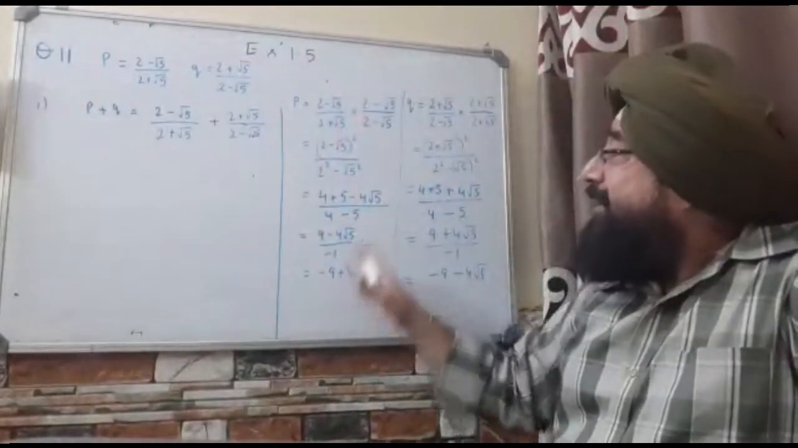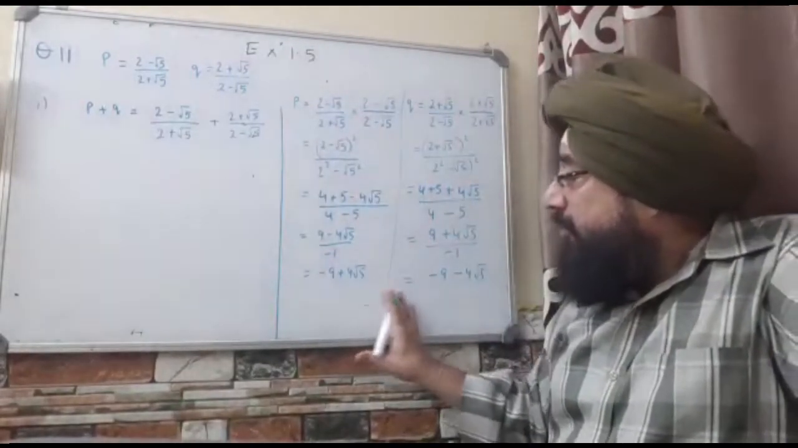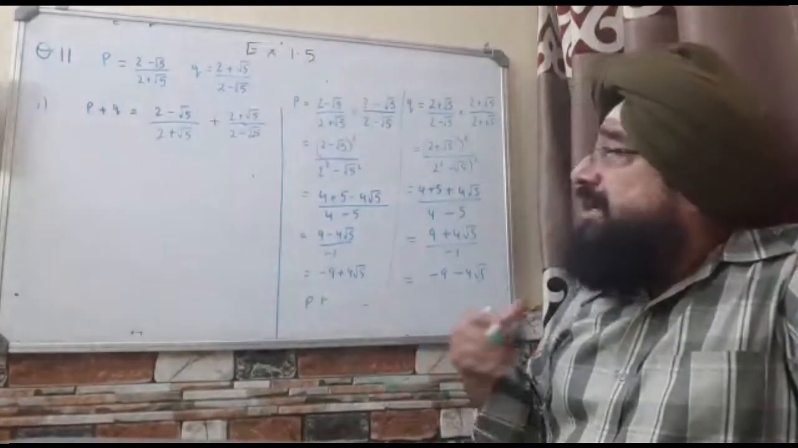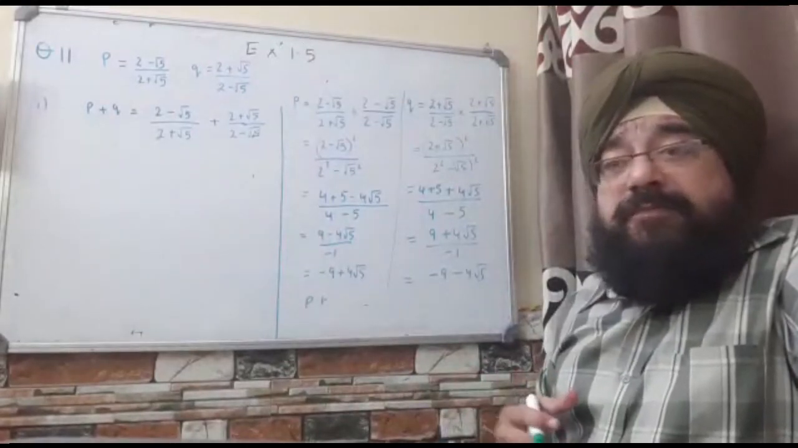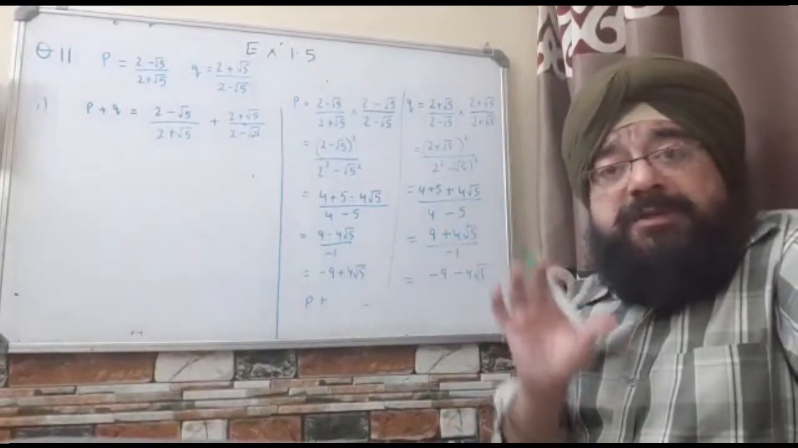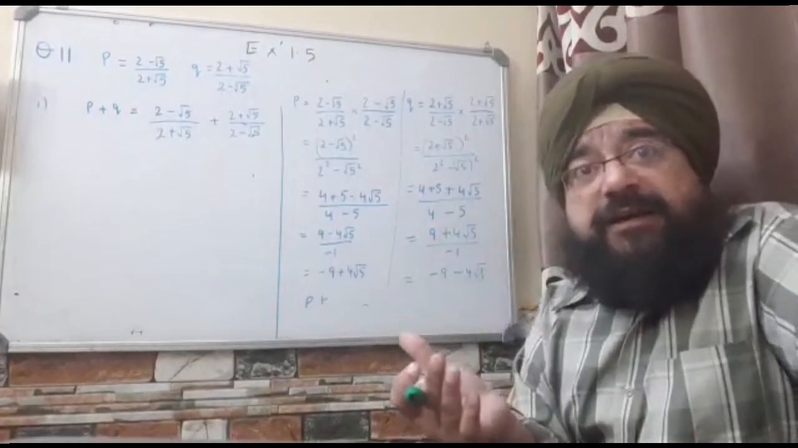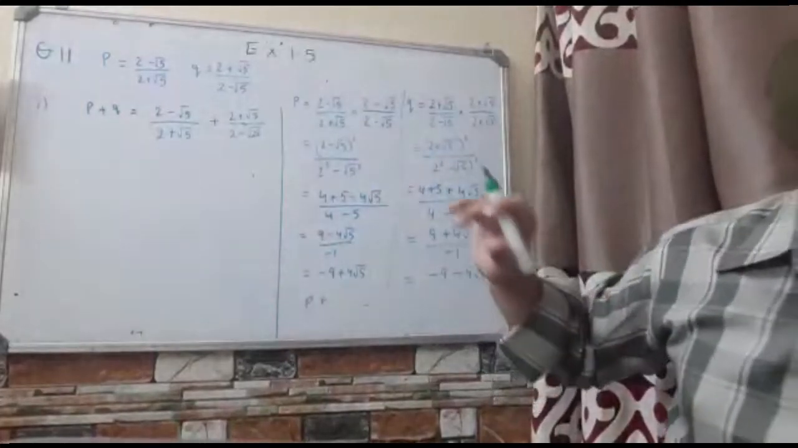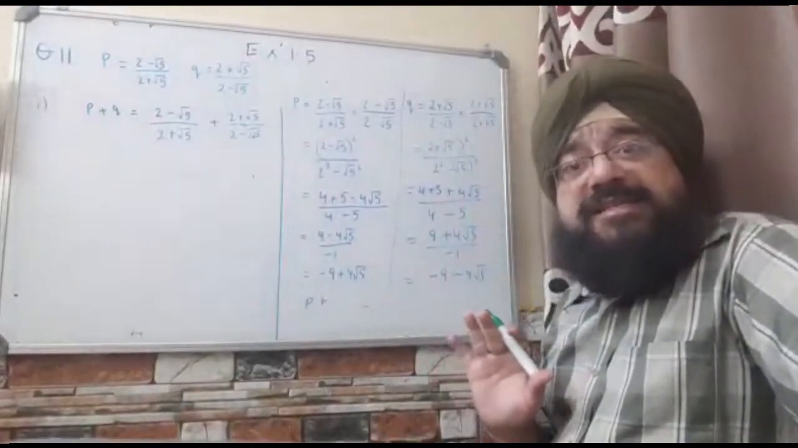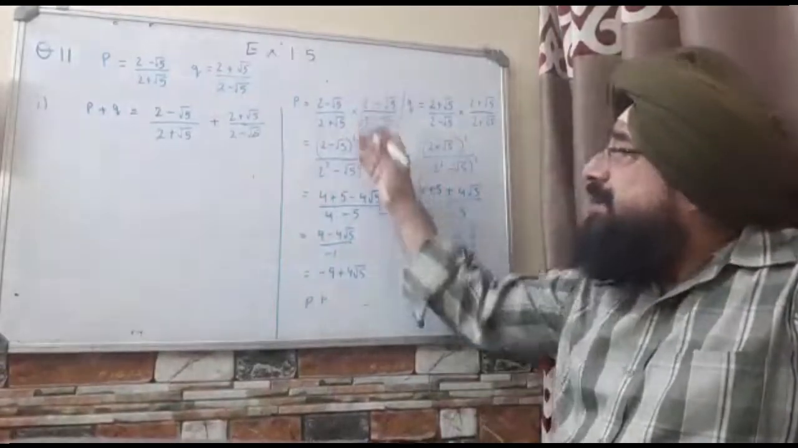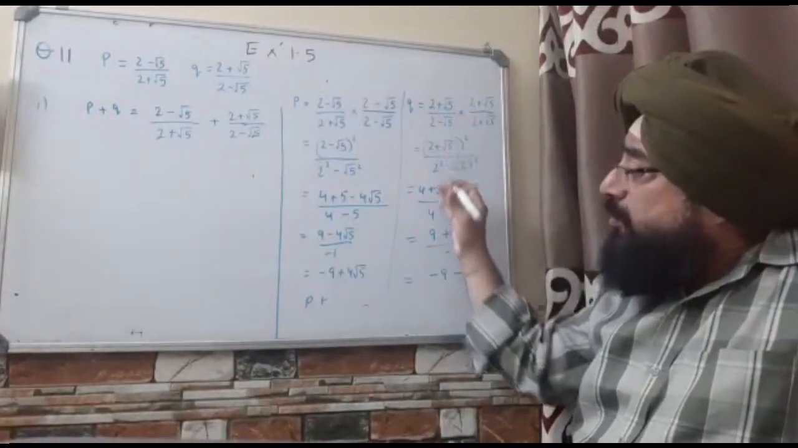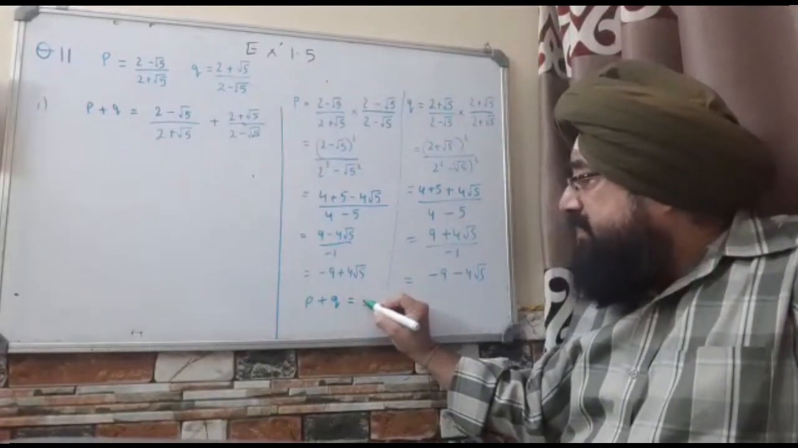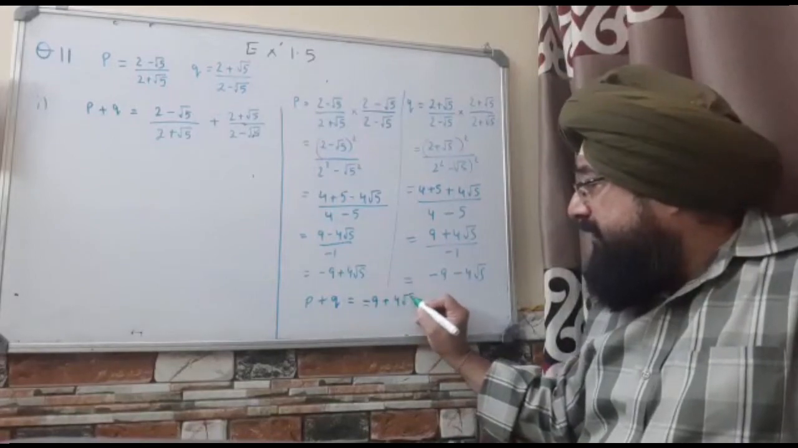I found P and I found Q, and now I can find P plus Q or P minus Q. That luxury I have now, that I can directly find. If you have many things to find, meaning after finding P plus Q you also have to find P minus Q, then this is justified. Okay, you rationalized P and Q, so it is justified in this question to rationalize P separately and Q separately, and then you can find P plus Q as minus 9 plus 4 root 5 plus